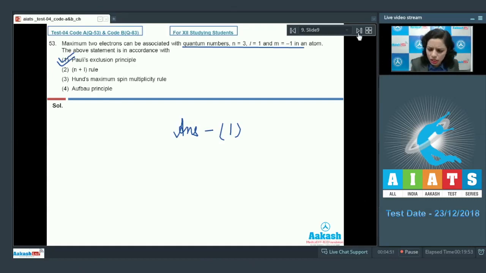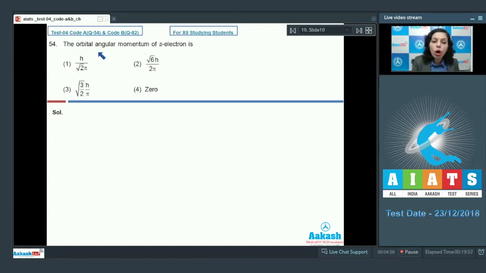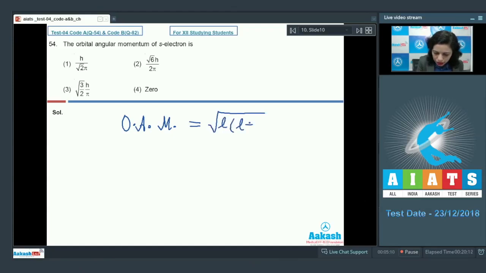Let's take the next question. Question number 54. The orbital angular momentum of S electron is. How do we calculate orbital angular momentum? Orbital angular momentum is equal to root L times (L plus 1) times h by 2 pi. This is the formula that we use. For S electron,